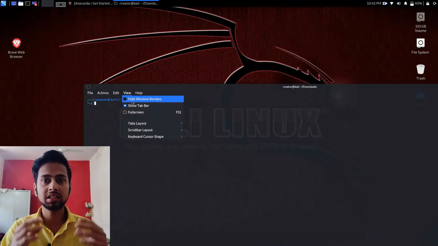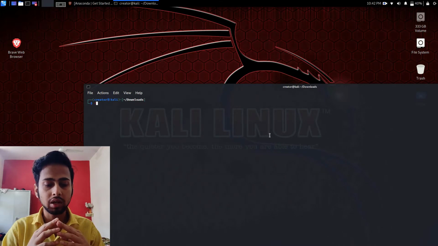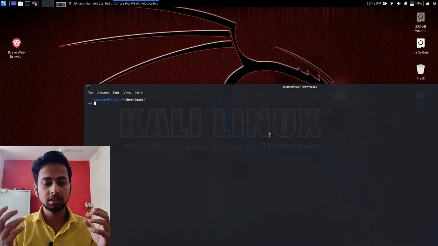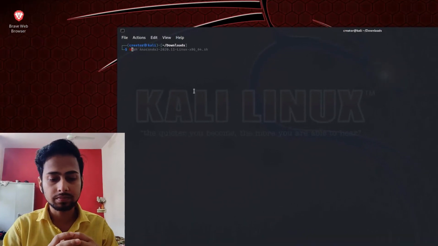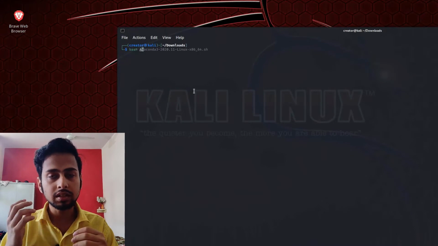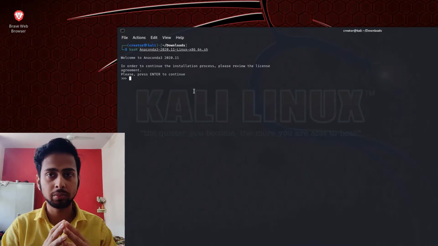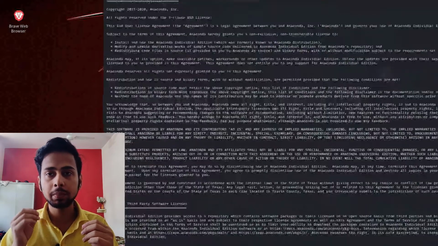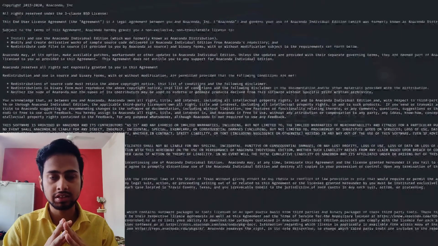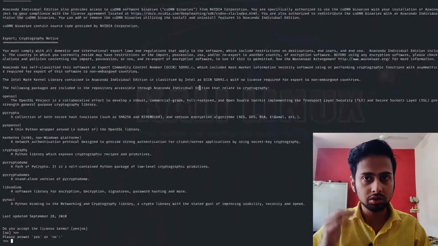Then you have to write some simple commands. You have to write bash, which is the terminal shell that you are using, and then the installer file name. You can type the start of the name and press tab to autocomplete it, as you might know if you are using Linux. Once it is done, you just keep pressing enter, and here are the terms and conditions that you are going to see. Keep on pressing enter, enter, enter, and it's going to keep scrolling.